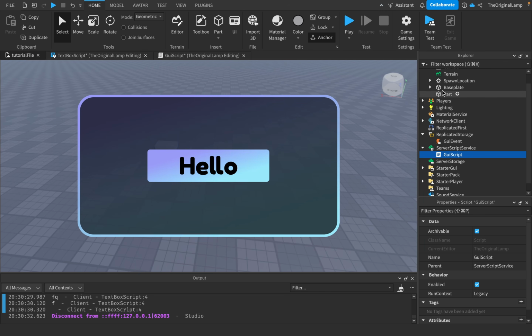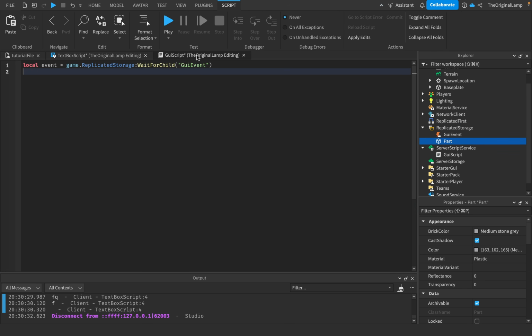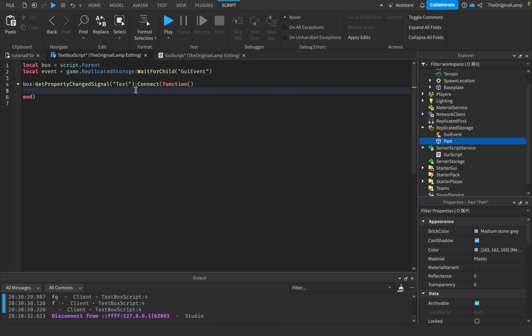Awesome. And then the other thing I'll do is I'll take this part and I'll move it into ReplicatedStorage as well. And I'll explain why in a bit, right? And so whenever the GetPropertyChangedSignal("Text") fires, what we're going to do is we're going to basically check, right? So we're going to check if,